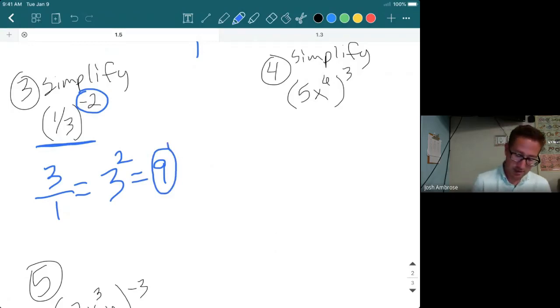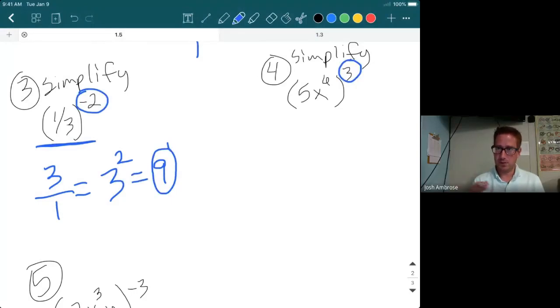All right, let's take a look at example 4. Now, there's a little bit more to this. For starters, we have a variable. The variable has an exponent. We have a coefficient. So now I want you to think of this as the distributive property, okay? So this 3 is going to be distributed